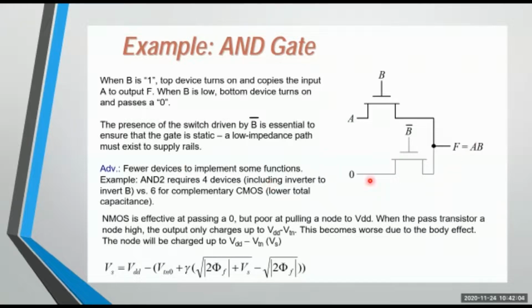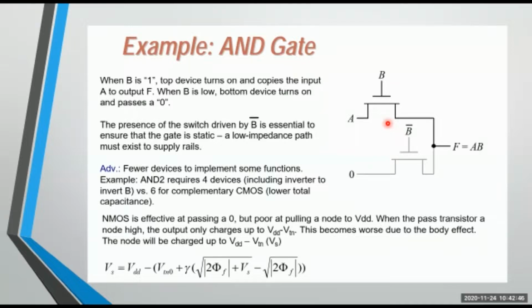So what is the advantage of using pass transistors to build the AND gate? We use fewer devices to implement some functions. We have seen that using CMOS structures, the AND gate is designed using nearly 6 transistors. First we design the NAND gate with 2 PMOS and 2 NMOS, and then for the NAND gate you connect an inverter. So ultimately you come across 3 PMOS and 3 NMOS. Whenever you use these 6 transistors, only then can you obtain the complete AND gate functionality.